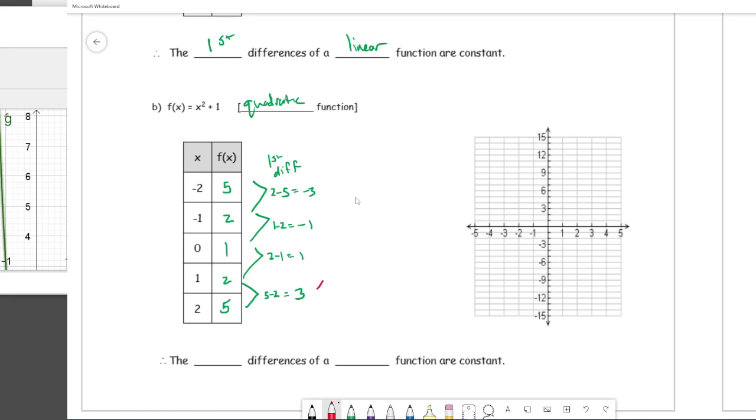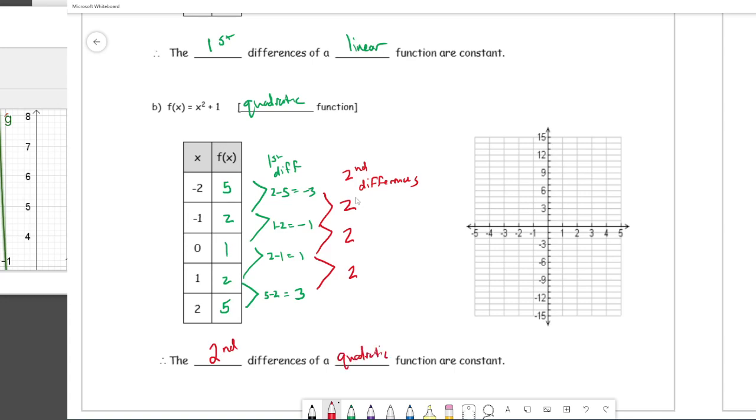So we go to the second differences. 3 take away 1 is 2. 1 take away negative 1 is 2. Negative 1 take away negative 3 is also 2. And thus we have what are called the second differences. Here you can see the second differences are constant. They're all 2's. And here we would say the second differences of a quadratic